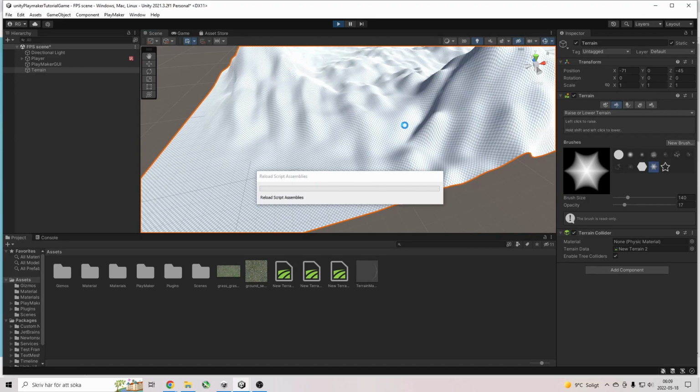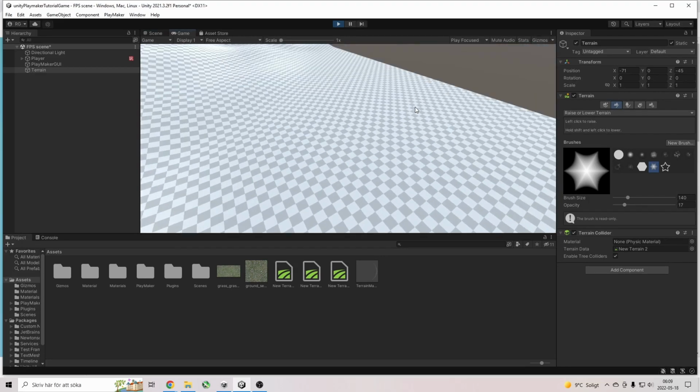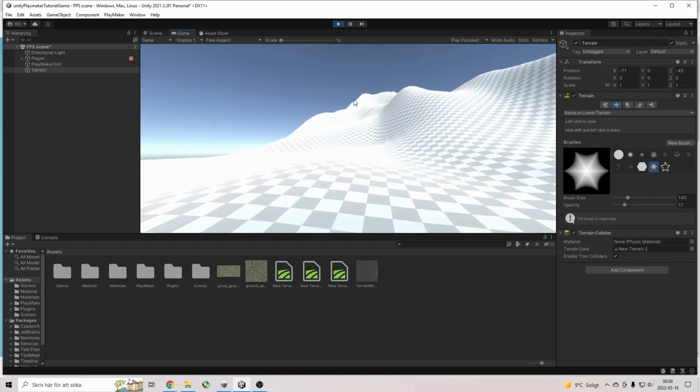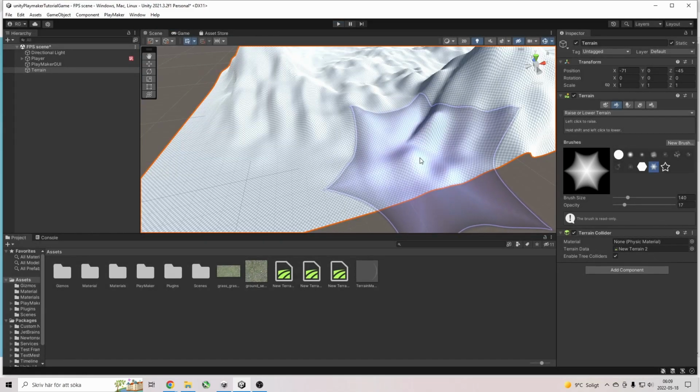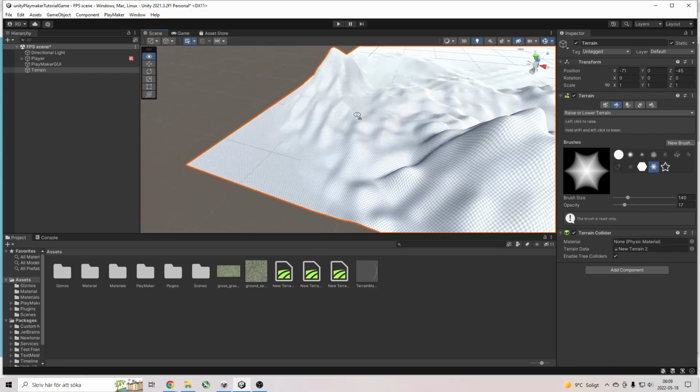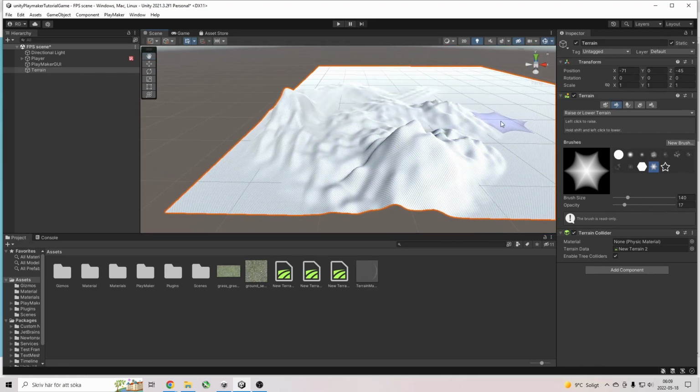Like so. Right. I'll zoom out a little. Right, so